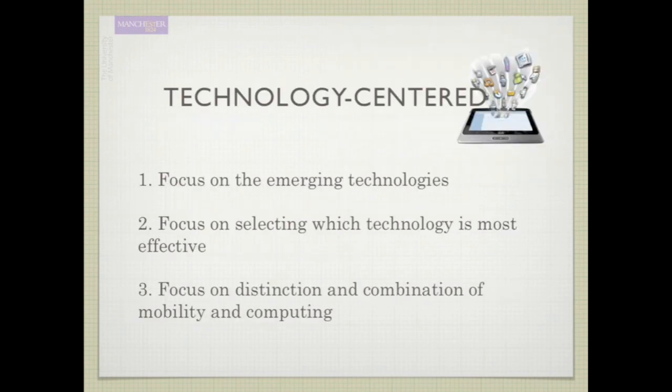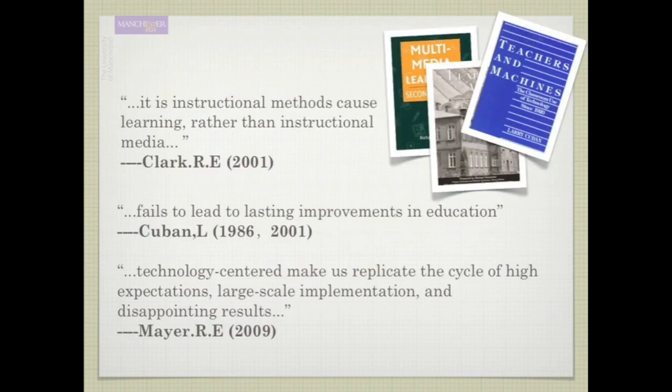According to the historical research, the most straightforward approach of M-learning is technocentric. In early days, many researchers approved of the technocentric genre, which focuses on emerging technology and selecting which technology is effective. Soon, many researchers realized M-learning replicates a cycle of high expectation, large-scale implementation, and finally disappointing results